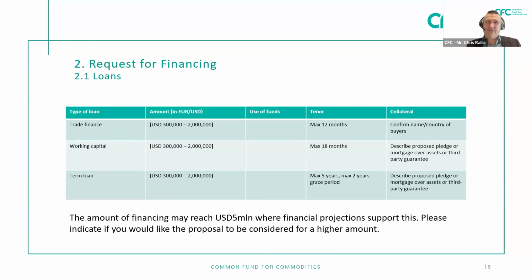Because as we said, trade finance are always based on POs, and they are also based on tripartite repayment instruction between the CFC, your buyer, and of course you. Now, what is the big advantage of trade finance? Is that in normal cases, we do not ask any further collateral apart from this tripartite repayment instruction. The amounts that we offer for trade finance goes up to 2 million.